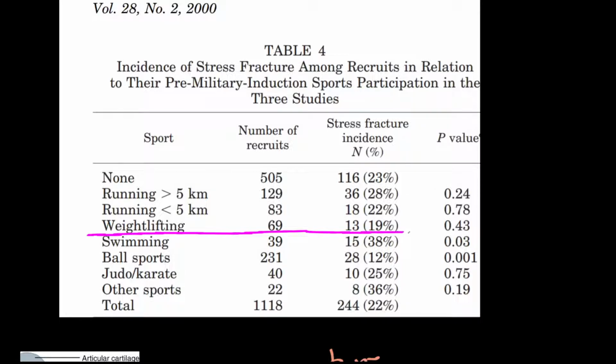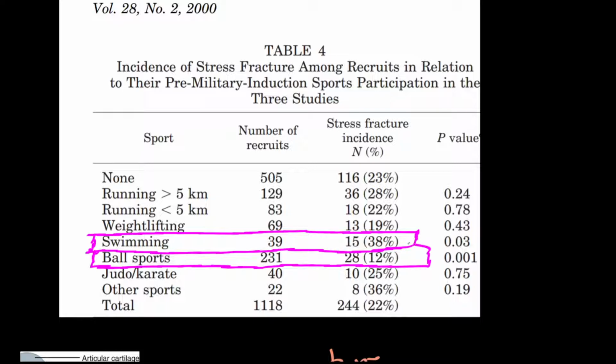One is the people who were chronic, habitual swimmers, versus people who were habitual ball sport players. And of course, that's basketball, soccer, volleyball, and so on. Notice that there is a significantly lower incidence. Only 12% of the people who played ball sports got stress fractures compared to 38% of the people